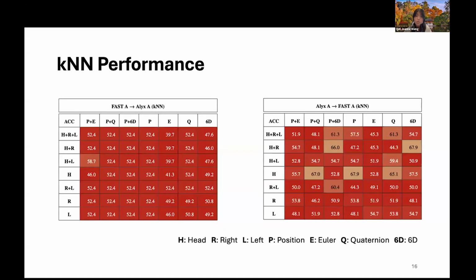So before moving on to our cross-domain results, I wanted to point out that the k-nearest neighbors model did not perform well in cross-domain experiments, as evidenced by all the red on this page. And this makes sense because k-nearest neighbors are intrinsically based upon distance calculations. So naturally, this does not translate well across domains. We see here that many of the scores hover around the 50% threshold, and some of them are even suboptimal, like 39% or 41%. So given this, we discourage researchers from using the k-nearest neighbors model in similar experiments in the future.